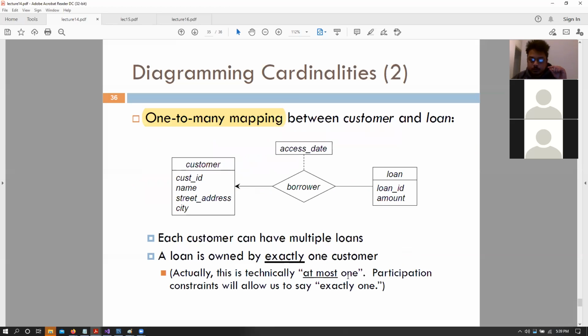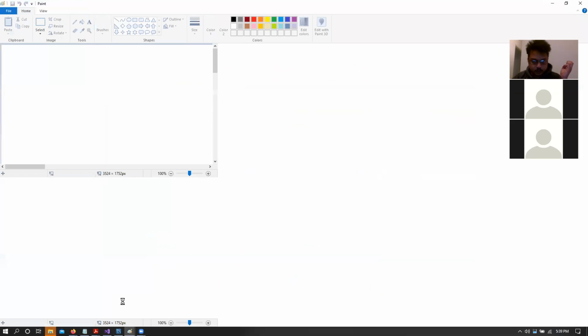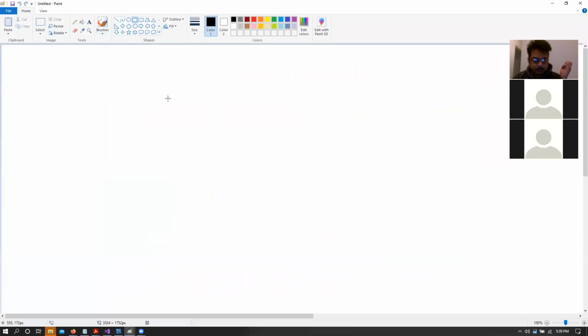A one to many relationship would be, we have an arrow here. That means one customer can have many loans, but the other way around is not possible, right? So one loan cannot be held by many customers. Because we have this arrow here, that means that it's a one to many relationship, right? If it was a many to one relationship, it would have been something like, let's see. But you guys can guess what this would look like, but just as a thing, let me just draw it out.